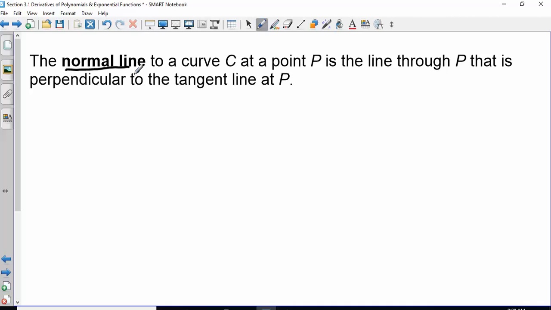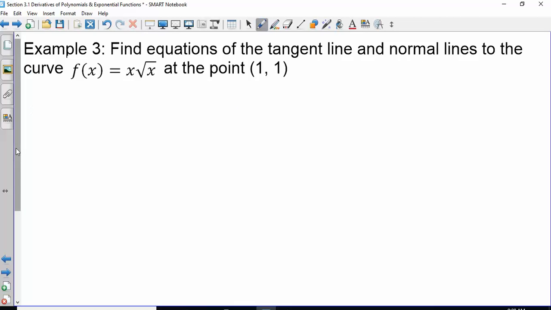Parallel is the same. Perpendicular is the opposite reciprocal, so being negative 3/2. You flip it and change the sign. Okay. So you had problems in the past where we had to write equations of